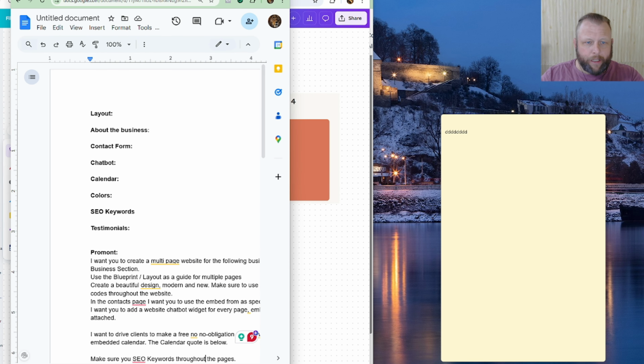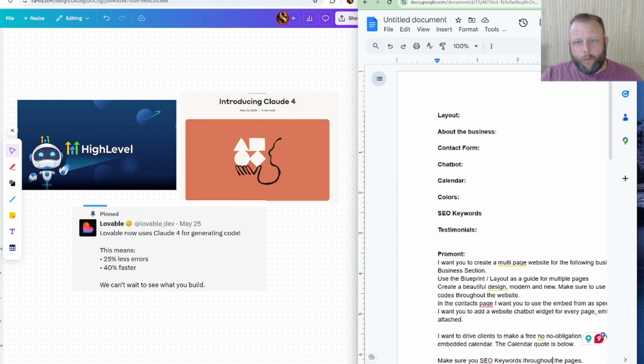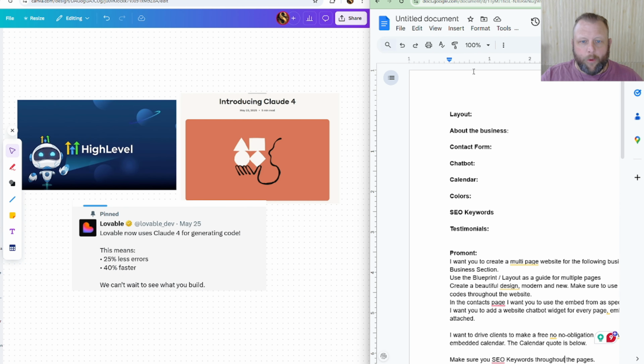I'm just going to go through and get the layout and the blueprint about the business. I'm going to add some links into it, embedded codes into it, have a prompt. Then I'm going to get Claude to make a better prompt, and then we're going to see if we can put it into Lovable, because I wonder if they're going to have a character limit, and we'll see how well